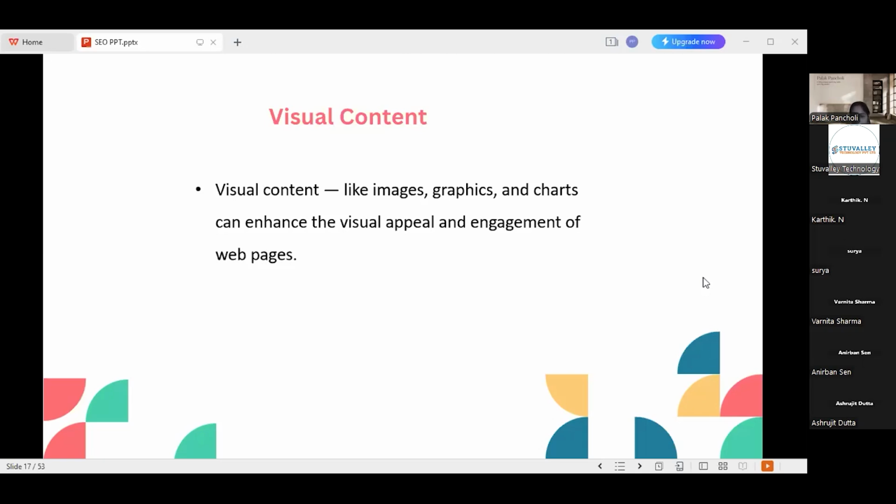Yes, Vanita? We have to use PNG, like PNG images and JPG. Not exactly PNG. There are different types of formats that we will use for different purposes, right? Because PNG images are very heavy, they will affect the speed of our website. So we'll avoid PNG images for normal blog posting and all. PNG images we can use for other purposes. I'll tell you which format we can use for which kind of images, right?